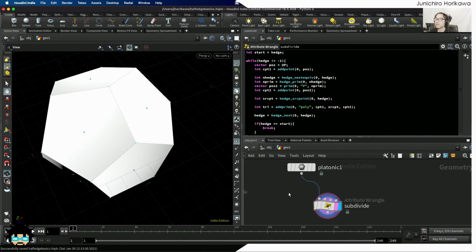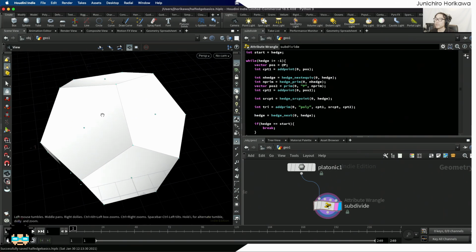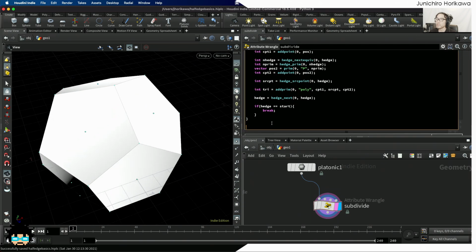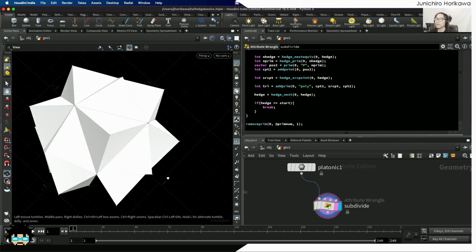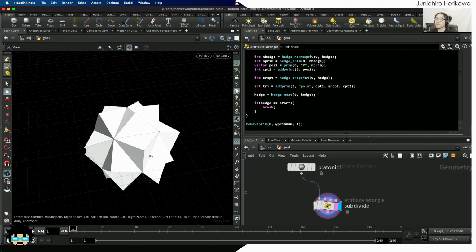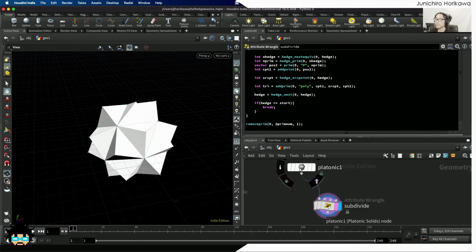Okay. Now something has been made, but we still cannot see it because we have these primitives blocking our view. So lastly, we can remove all these primitives using removeprim. Voila, you have now created a subdivided geometry out of this input geometry,